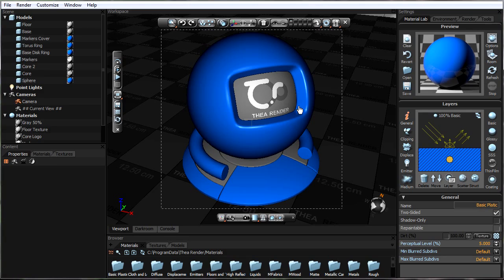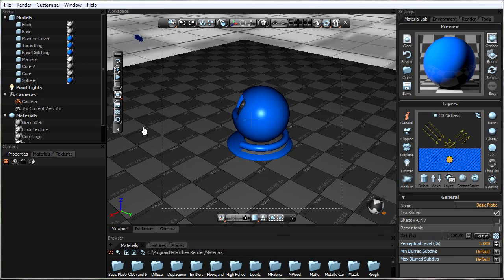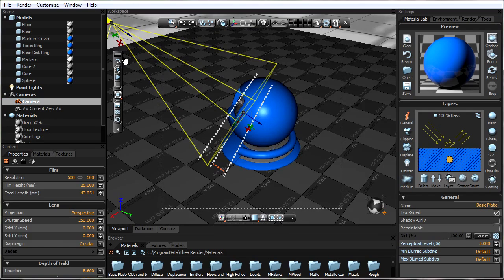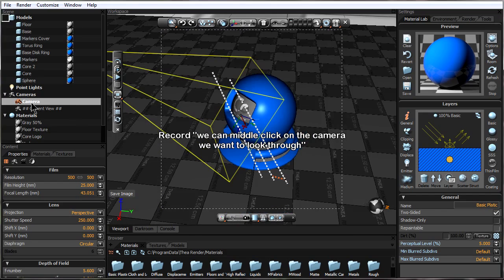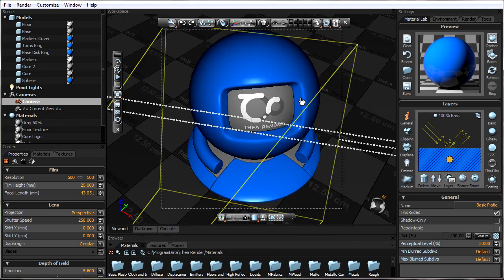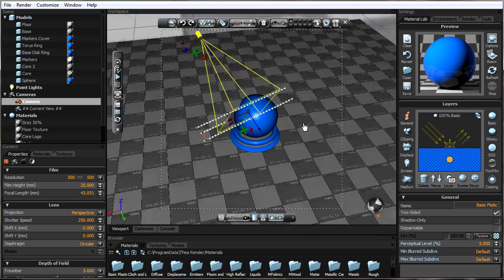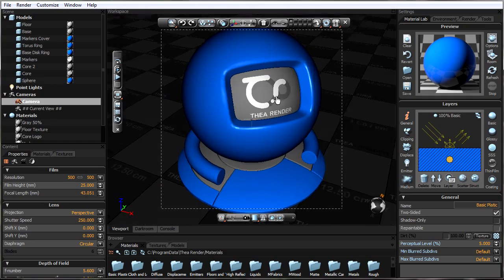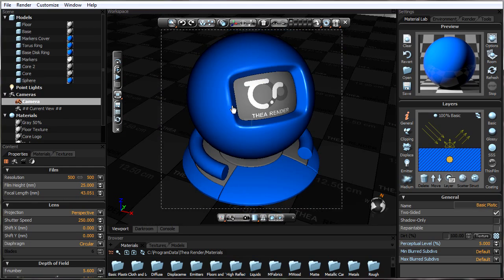In this view, if we rotate it, by default it will automatically switch to the current view. We will not be looking through the camera view anymore. To get back to the camera view, we can either click down here, or... because of this, we don't have to worry about accidentally moving the camera where it's currently set up. If we do happen to want to move the camera using the controls here, we can do that, but first